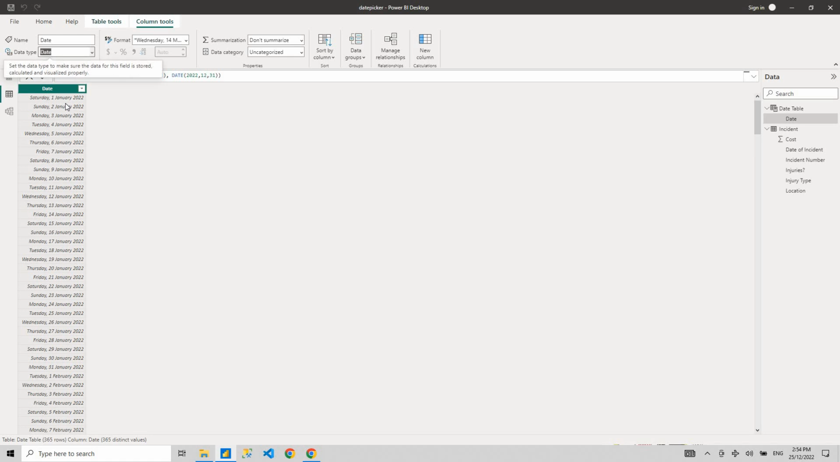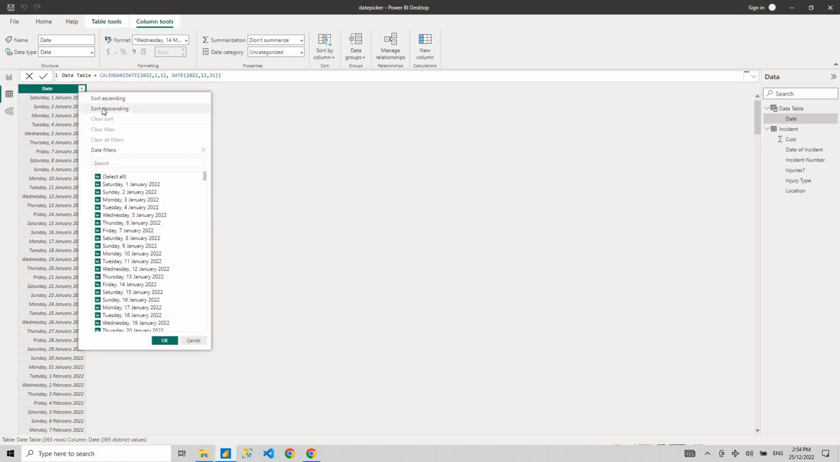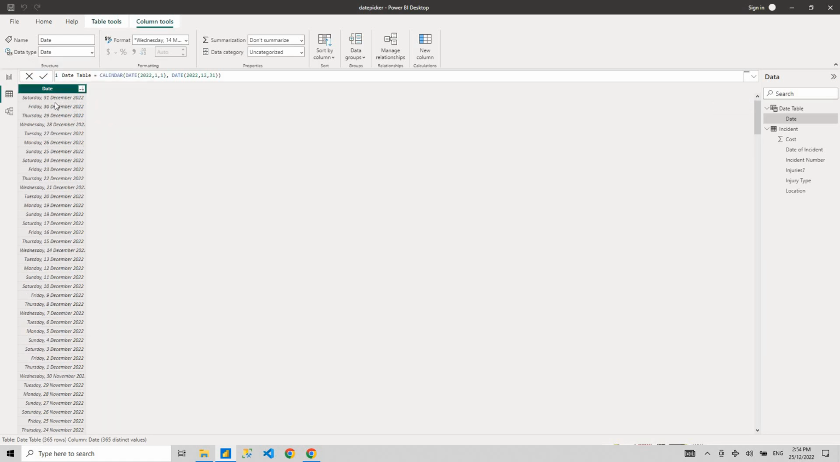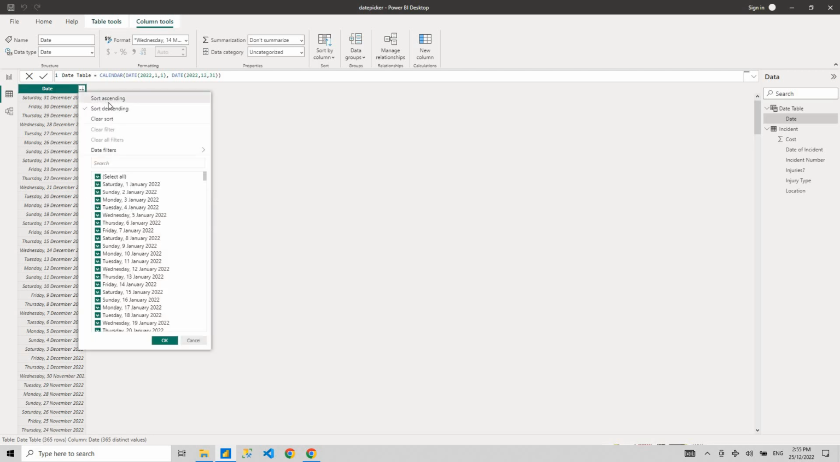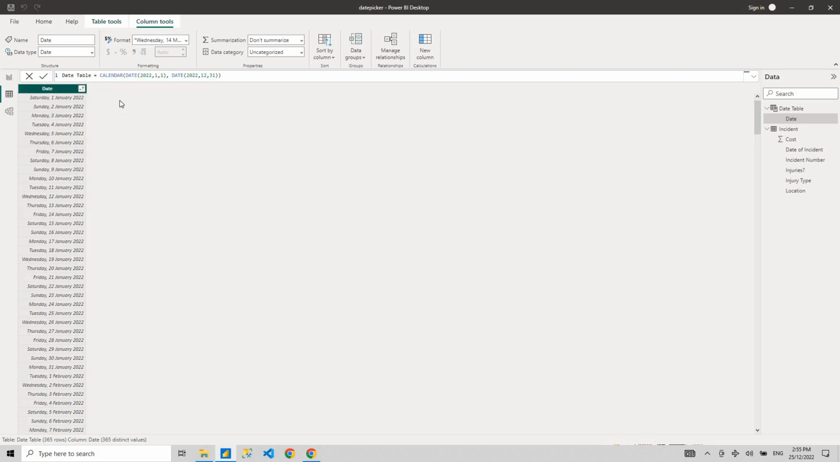There you go. 1st January. If I select descending, yep, 31st December. Works pretty well. There's another thing we can do, like instead of manually putting these dates, what I mostly do